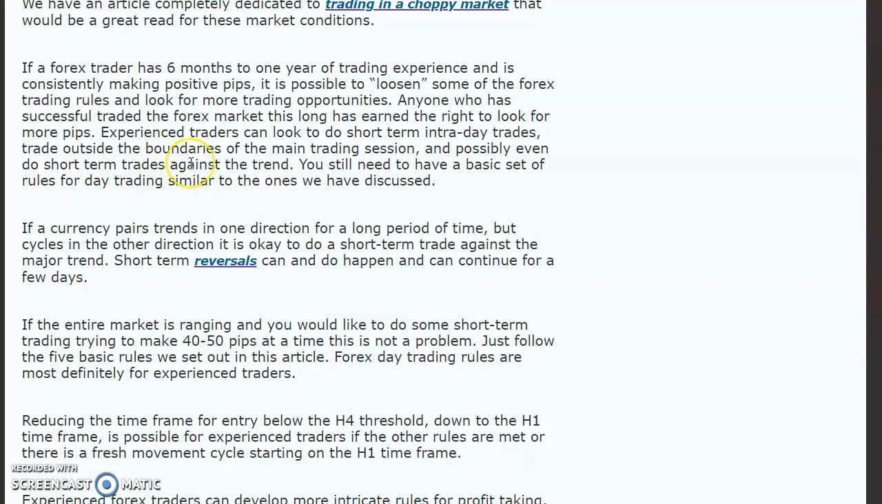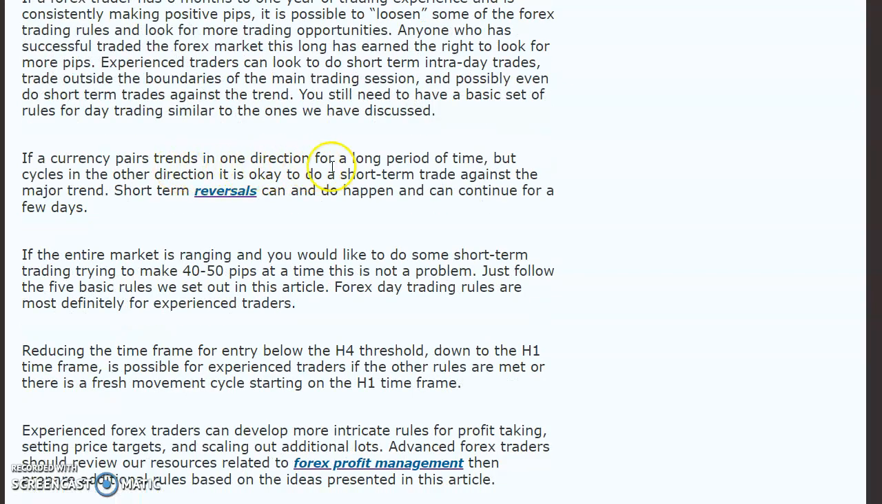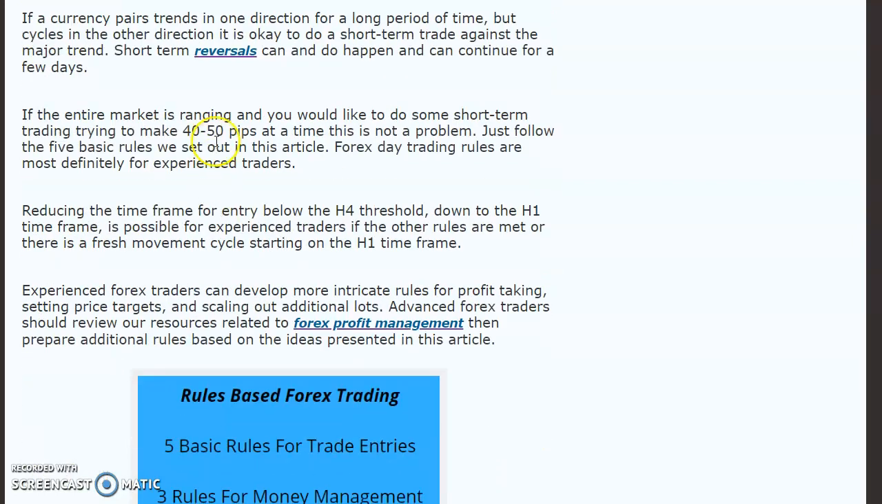Some ideas for experienced traders with at least 6 months experience. Trading reversals. We have another full article right here on trading reversals, how to identify and spot them. And then if the entire market is ranging but in fairly small ranges, it's okay to try to set shorter pip targets. Just realize that the risk is slightly higher,